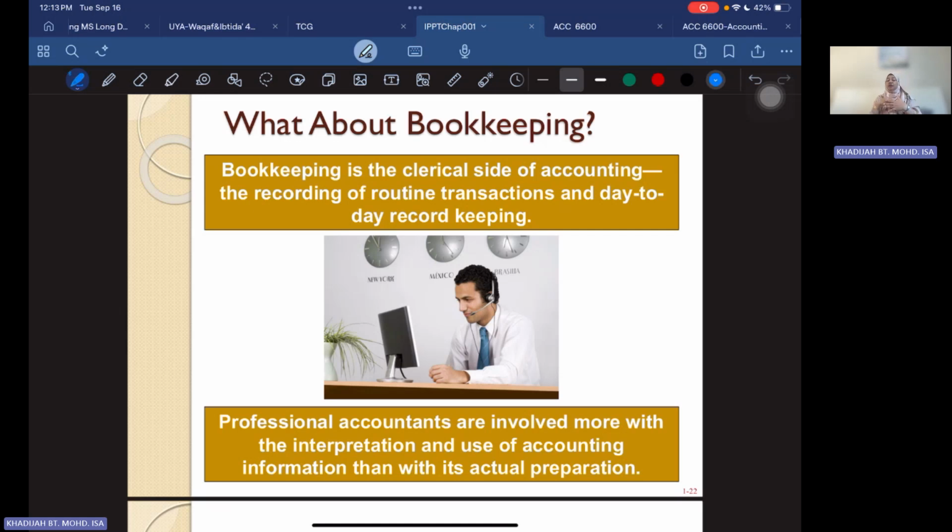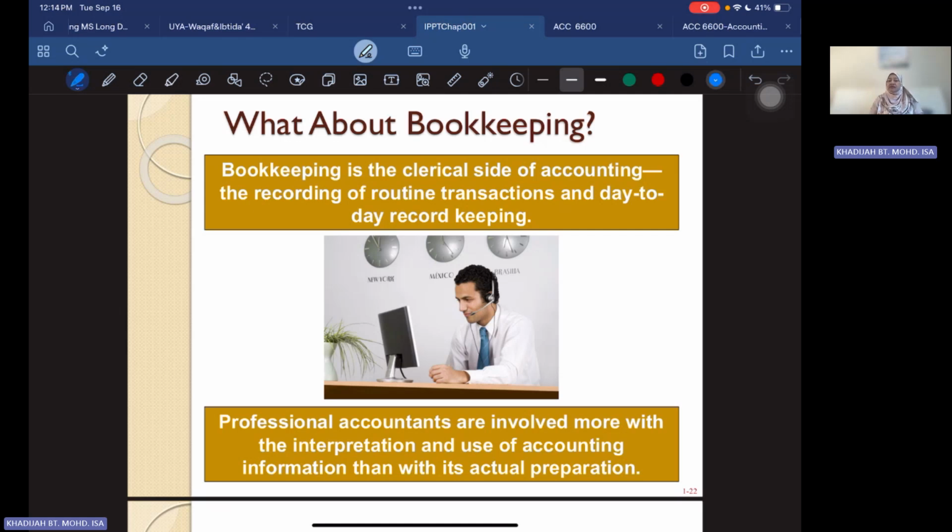Bookkeeping is normally done by a clerk. We call it an accounting executive, for example. They do recording of transactions. And remember that now with all the AI, with all the accounting systems, you just key in information and then everything is extracted for you. But again, understanding is important so that you understand what is actually happening in the business economic activity. Then you can interpret that activity, and when you go into the financial statement, you understand what is actually happening.